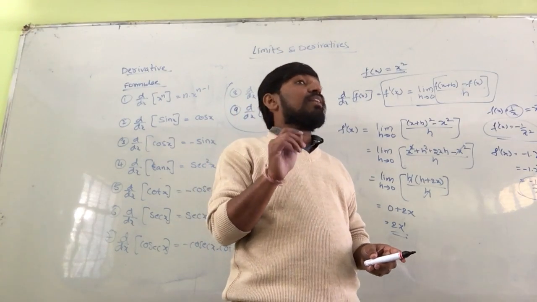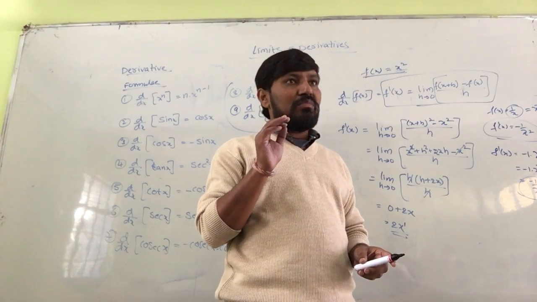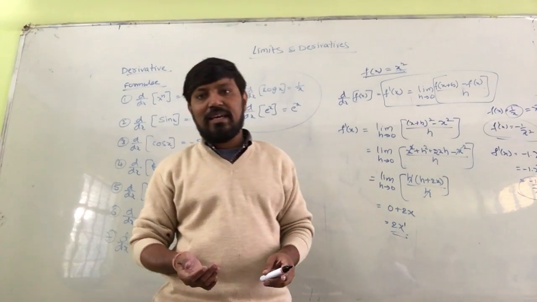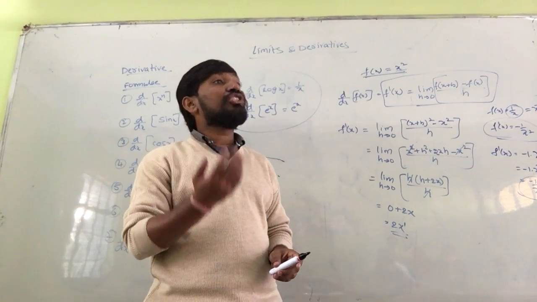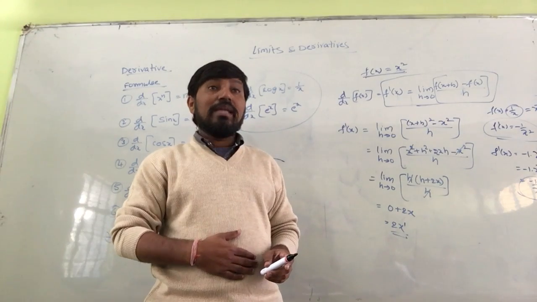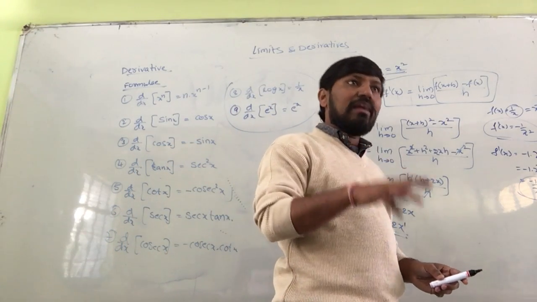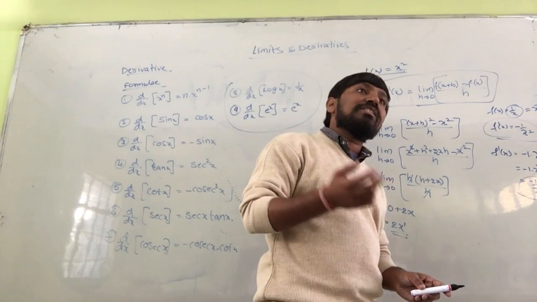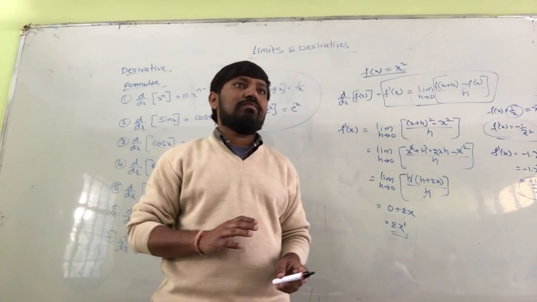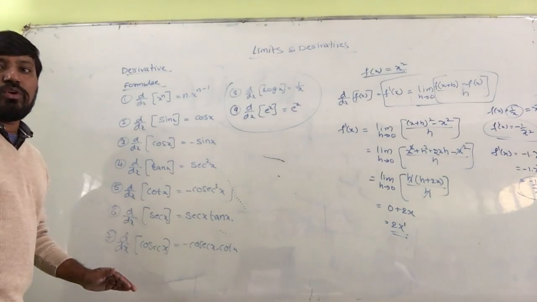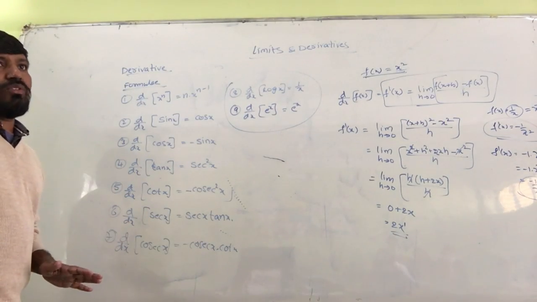But in case of the derivative, in the case of the product, it is not like that. There will be a separate product rule and a separate quotient rule, whenever the product or the quotient of two functions is given to you. Okay? So these are the main formulas which are useful to you in your derivatives chapter.